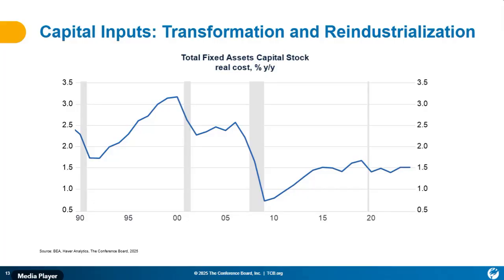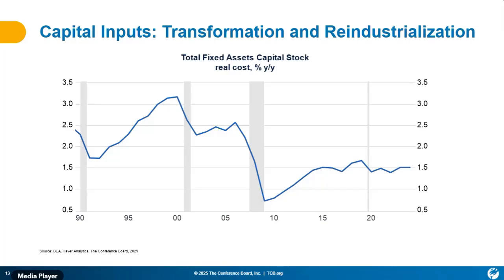So the latest data shows 1.5% growth year-over-year, but I think it's quite achievable to see something like 2.5%, or maybe even higher, the rates of capital deepening that we saw back in the 90s and 2000s when we were adopting computers on a wide basis across the economy. So that should continue to support the capital contribution to growth, and that will remain the key driving force behind potential growth in GDP, I would say.